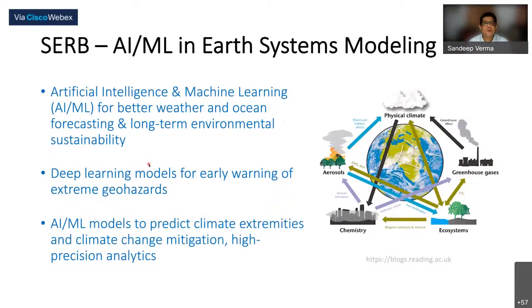And final few slides. So we have already come out with a slide with a call where we are going to look at projects or proposals coming in artificial intelligence and machine learning in Earth systems modeling. That how the connection of weather, ocean, water, the physical climate, the gases, chemistry, all of it is going to be